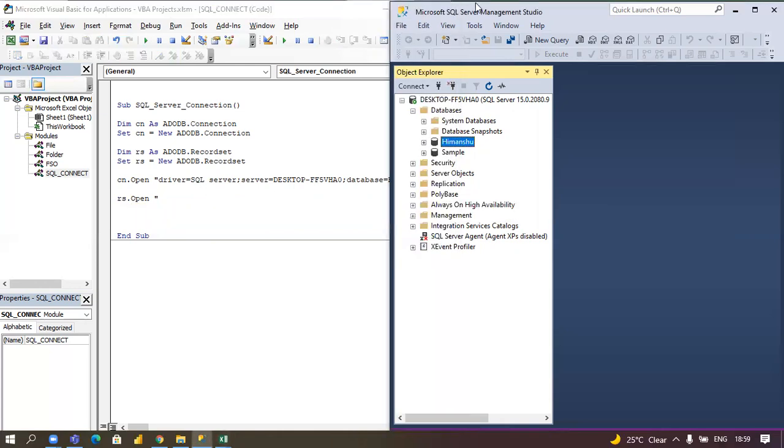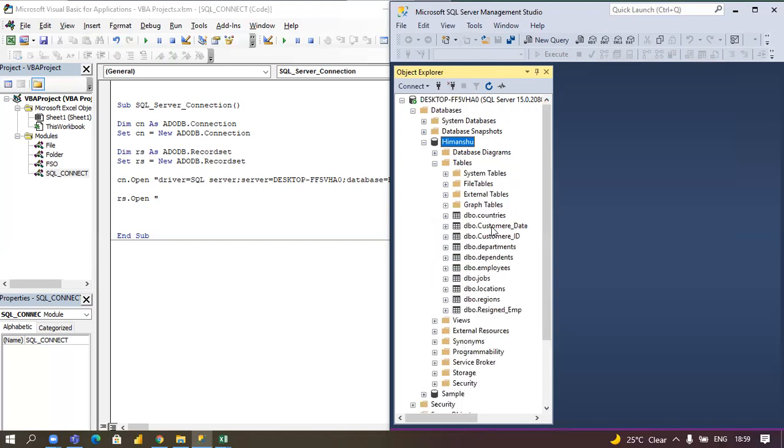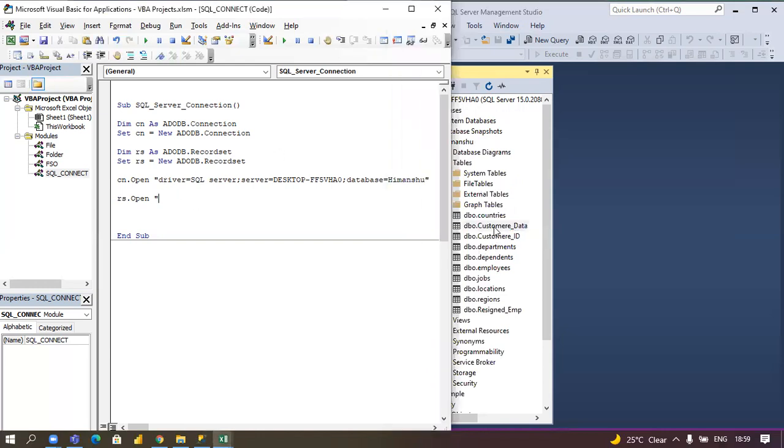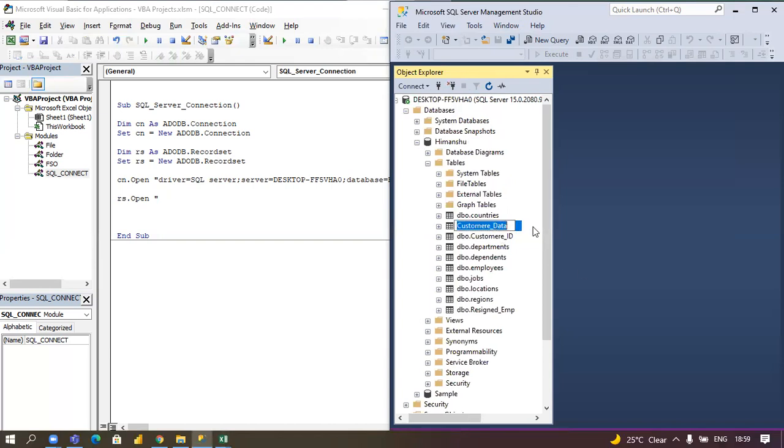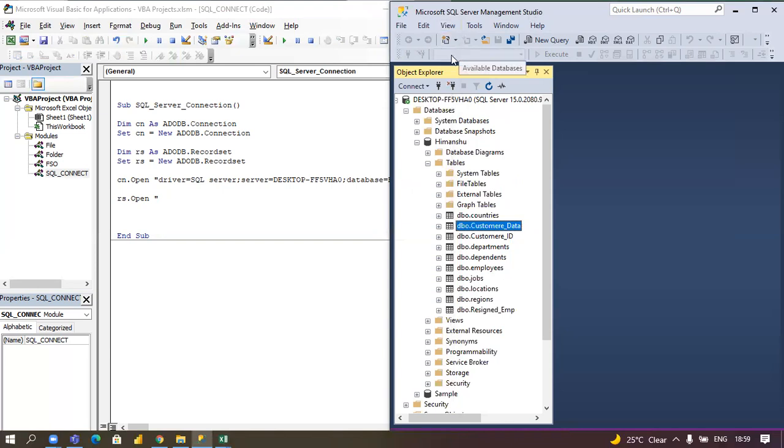I will explain first in the SQL server. In the Himanshu database I will click on Tables. There are multiple tables. I want the data from the customer data table. For fetching the data from customers, you are already aware of the SQL query. If you are not, I will explain also, just a minute. New query.